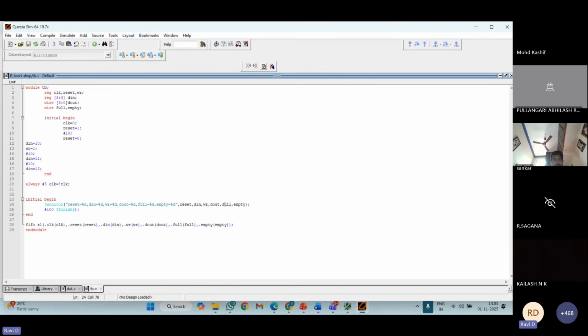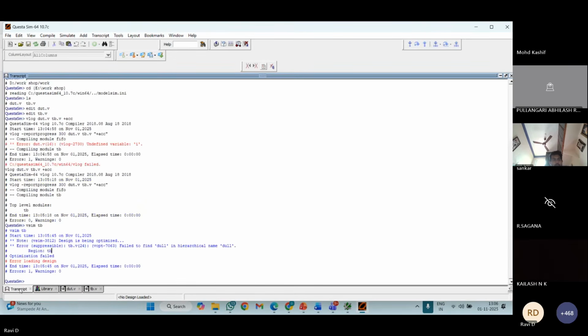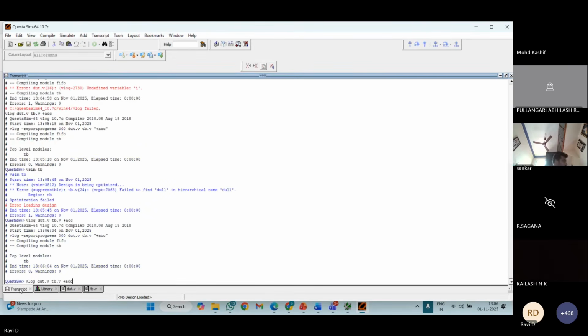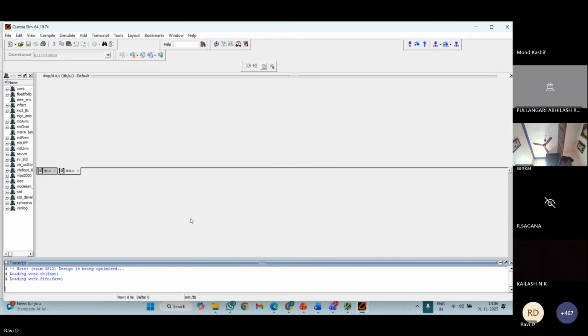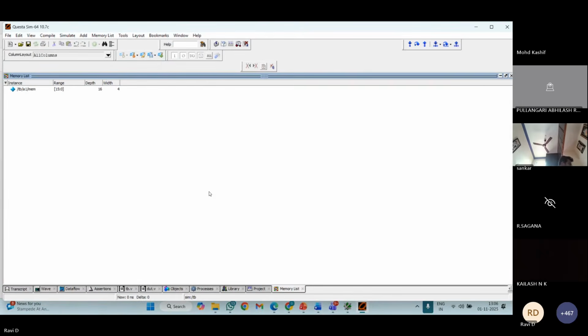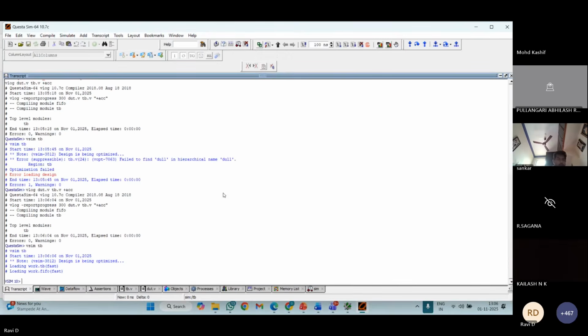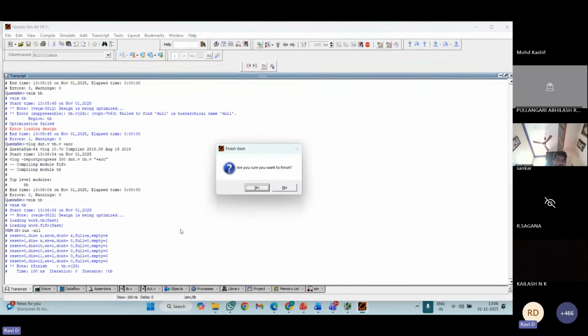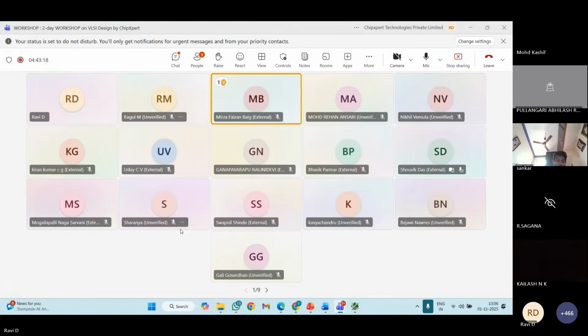So it is full, not done. So again we are going to save this. Simulate. Simulation is finished, and next one is run all. So we are going to run this. Just wait a minute.